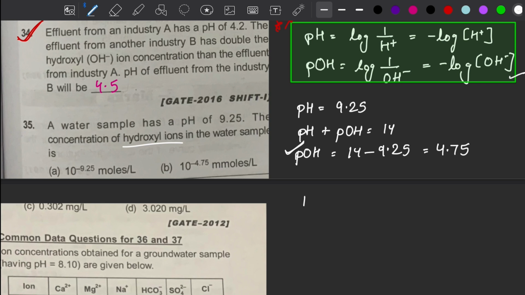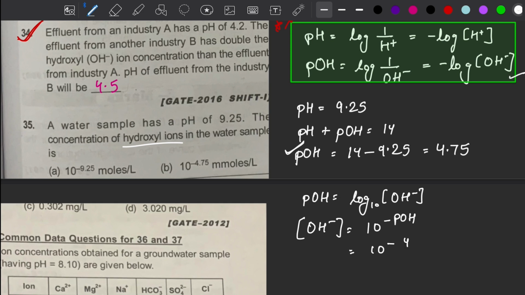So pOH is nothing but minus log 10 of OH minus concentration, and from here we can simply say that OH minus concentration is nothing but 10 to the power minus pOH, so it becomes 10 to the power minus 4.75